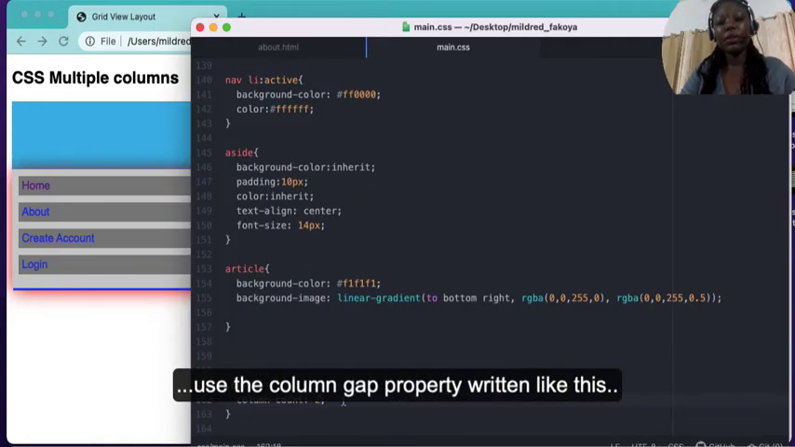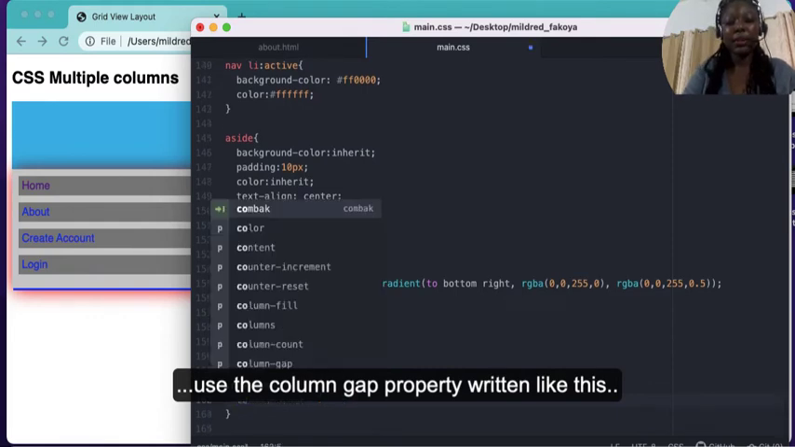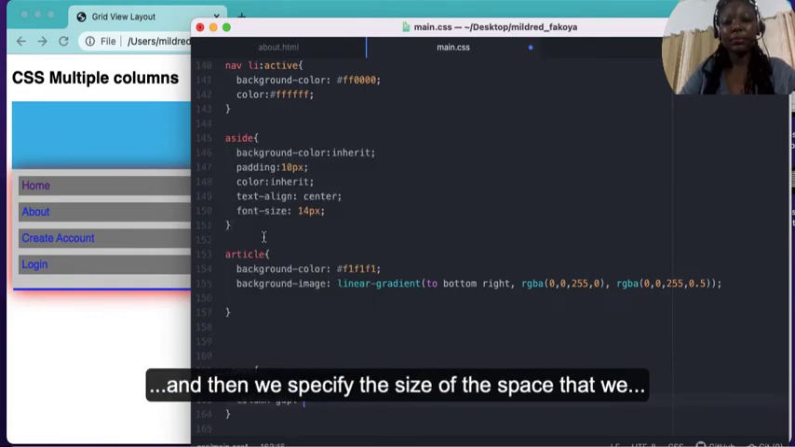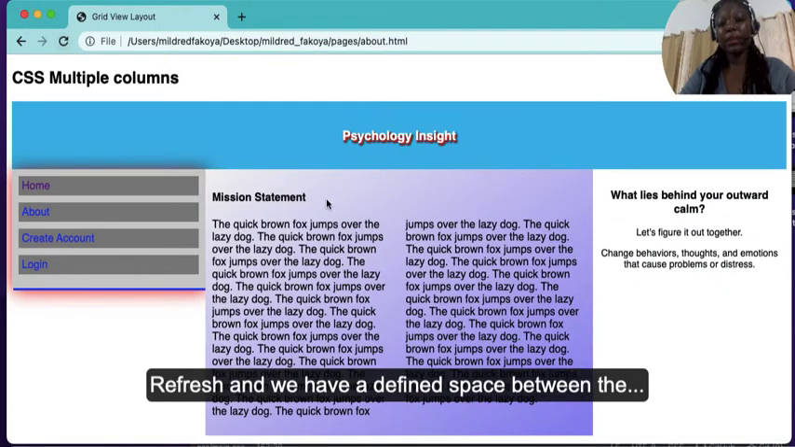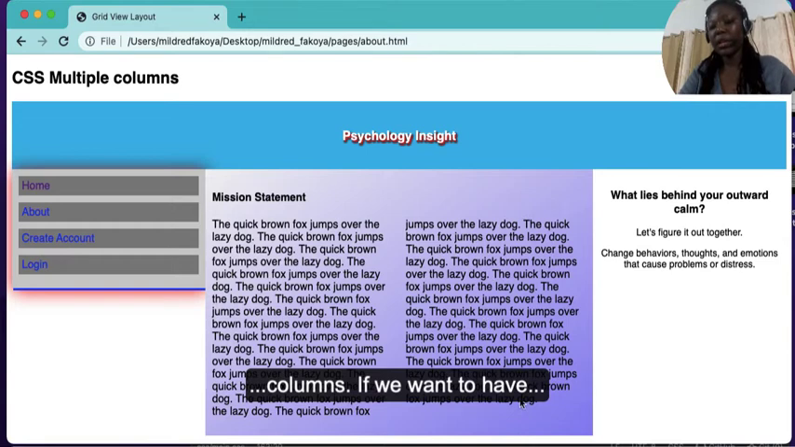We are going to use the column gap property, written like this. And then we'll specify the size of the space we want. Let's say we want 20 pixels. I will save this, refresh, and we'll have a defined space between the columns. If we want to have